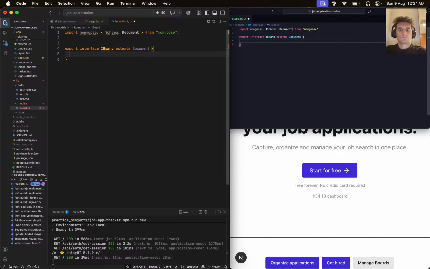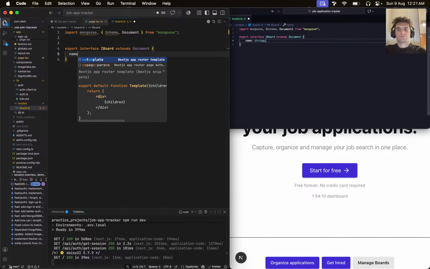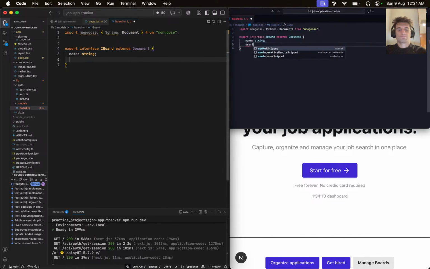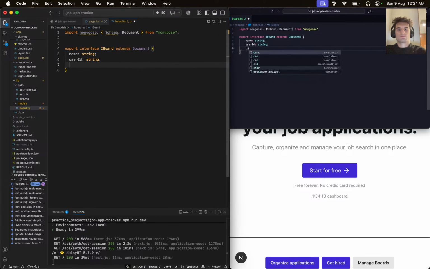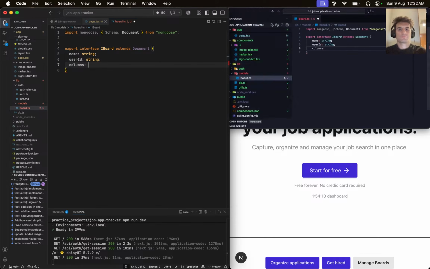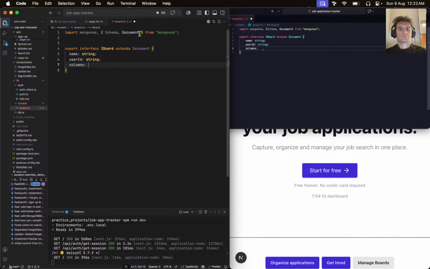Now, what fields do we want on a board? Well, a board will have a name. Like a name for a board is the job board. It's also going to have a user ID, which is just the ID of the user who created the board. Then it's going to have columns. Now, the columns are going to be of a very special type, because if you think about it, a column is going to be another collection that we're going to have in our project. So for now, we're just going to make it be the following type: